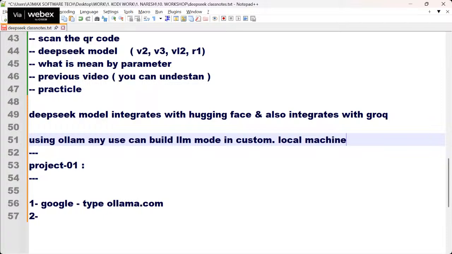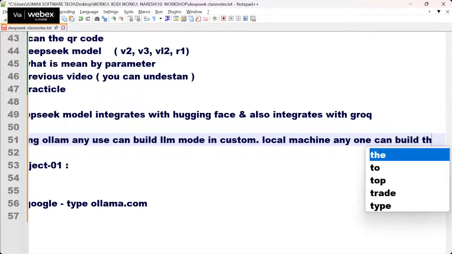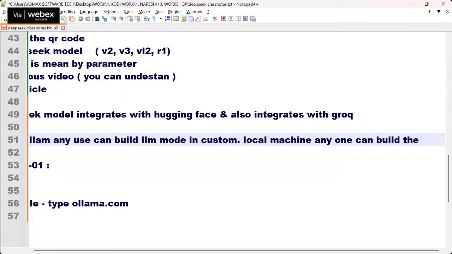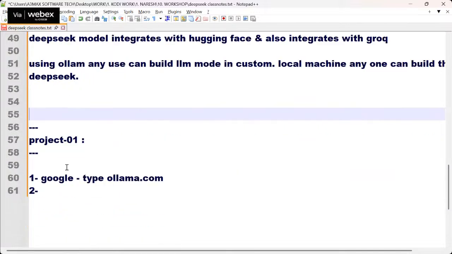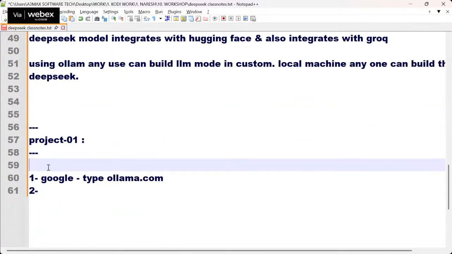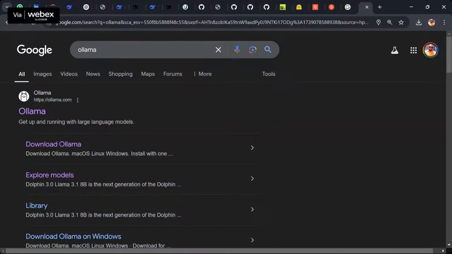On a laptop, anyone can build practicals or projects like ChatGPT or DeepSeek. That's what we're going to build here. Clear? I want everyone to understand what exactly Ollama means. Please let me know.